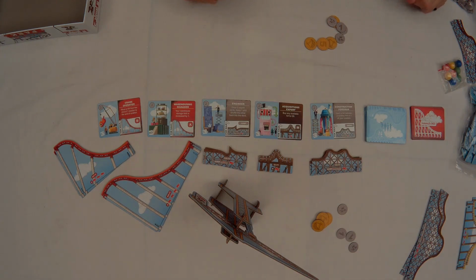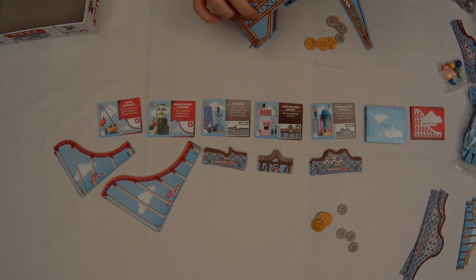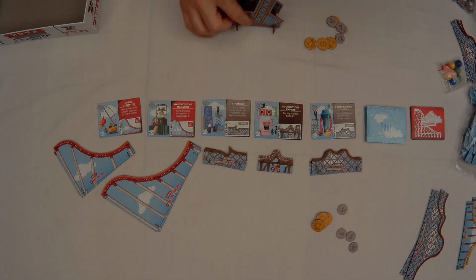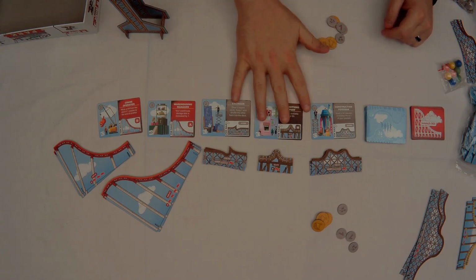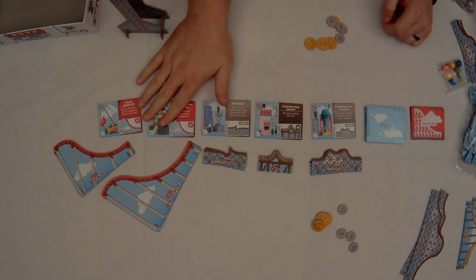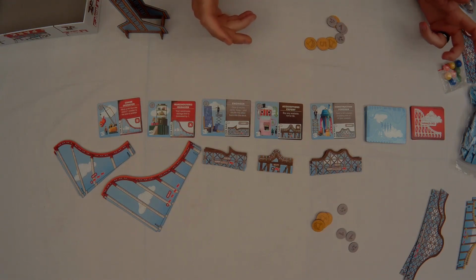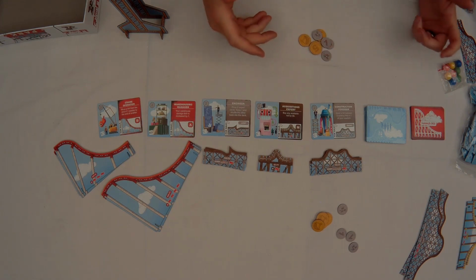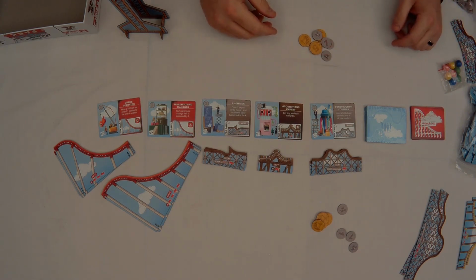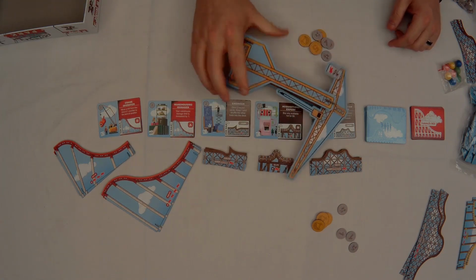Okay, so let's go ahead and take a look at how to play Coaster Park from Pandasaurus Games. Here I have the game set up for 2 players. You set out 3 normal hill cards and 2 launch hill cards. Those are the available hills that you can purchase in the auction phase. You give each person $24, and then whoever most recently rode a roller coaster gets the giant active